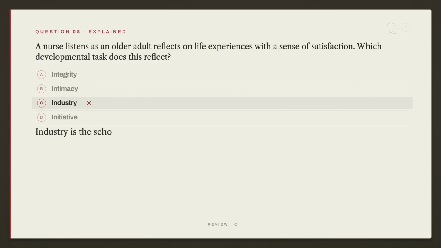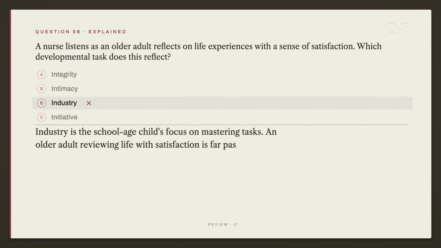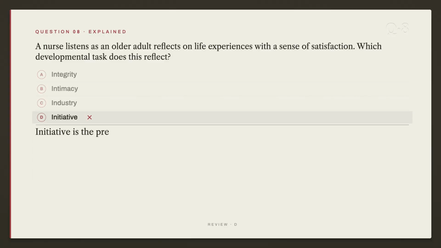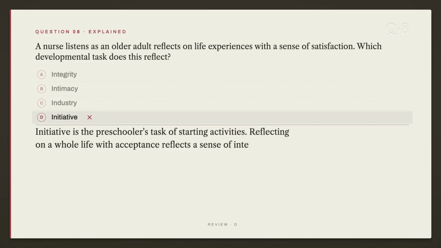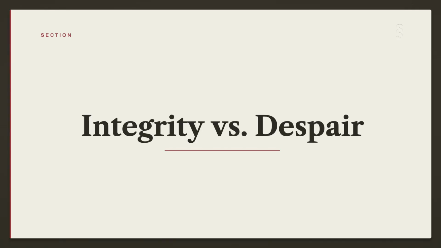C is wrong because industry is the school-age child's focus on mastering tasks. An older adult reviewing life with satisfaction is far past this stage, showing integrity rather than developing industry. D is wrong because initiative is the preschooler's task of starting activities. Reflecting on a whole life with acceptance reflects a sense of integrity, not the much earlier childhood task of developing initiative. Erikson's final stage of development belongs to later adulthood, when a person looks back and evaluates the whole life